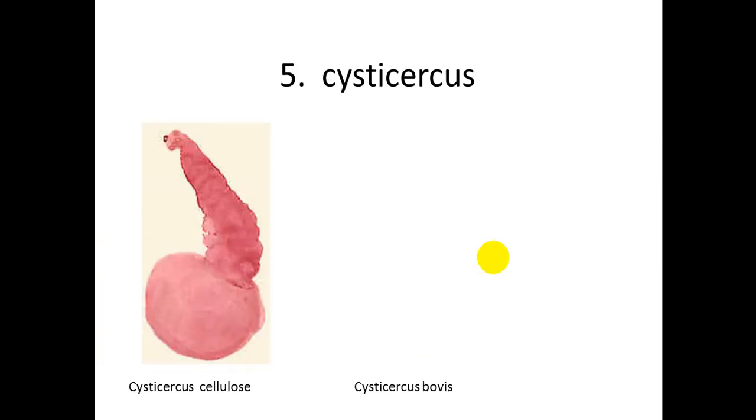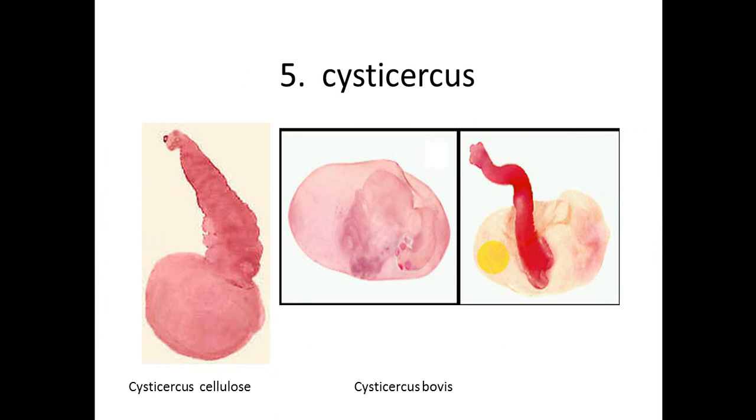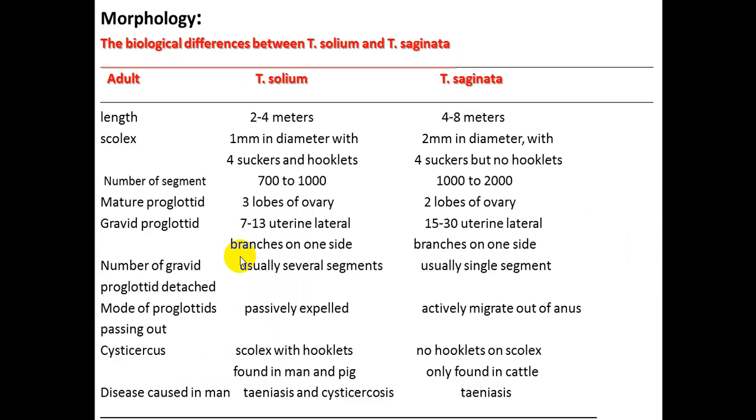What about Cysticercus? Cysticercus cellulosae and Cysticercus bovis. These are the difference between the two. In general, this is a box to show the biological difference between Taenia solium and Taenia saginata. This is the length, Taenia solium 2 to 4 meters, Taenia saginata 4 to 8 meters, scolex 1 millimeter diameter, 2